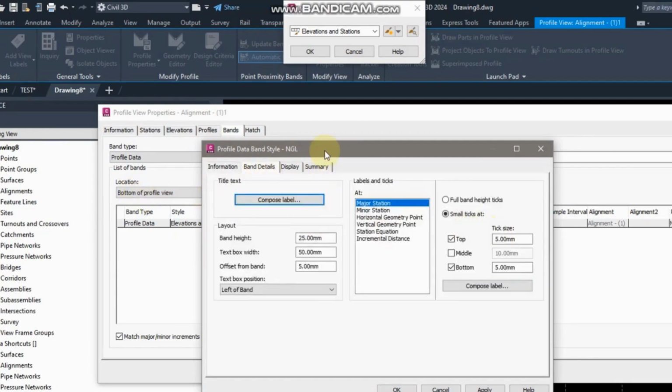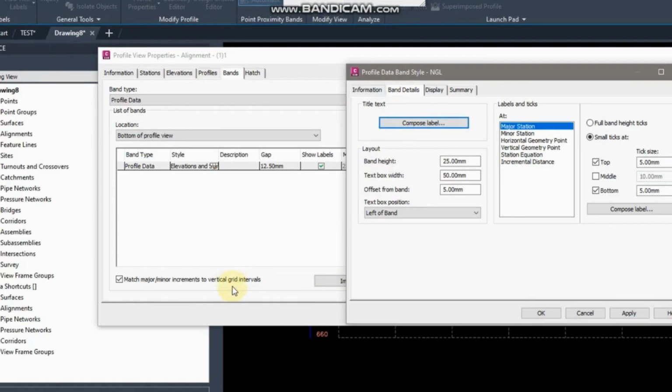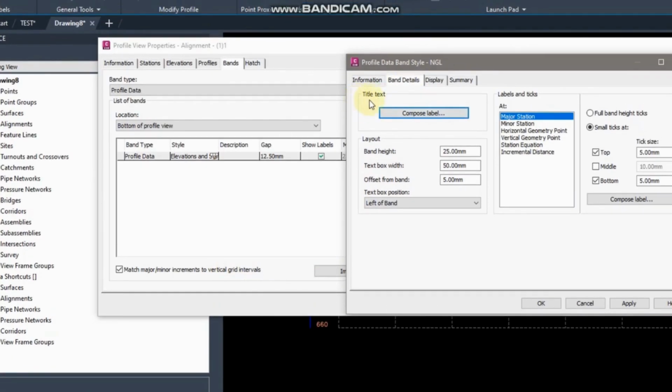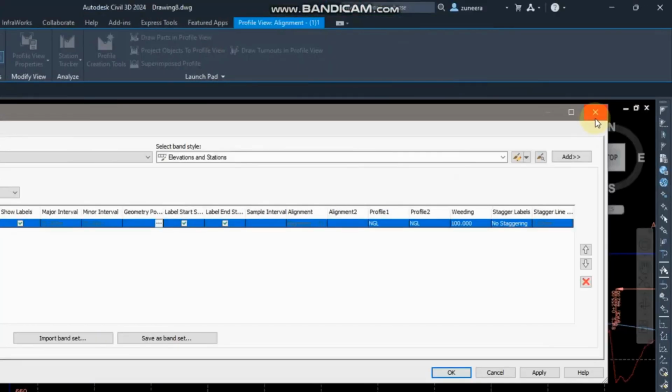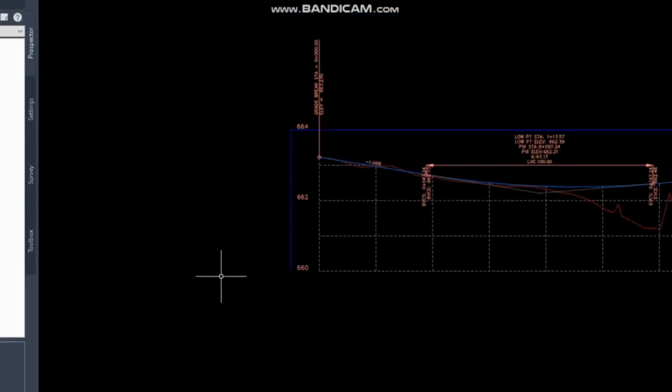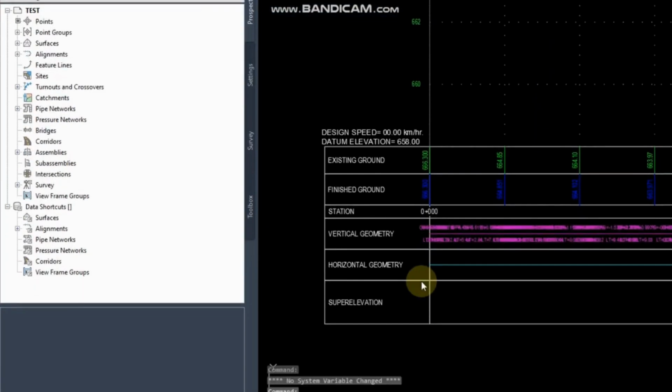From the band detail, if you can see, the compose label is a label where natural ground level is written. Okay, I will show you. In this area where there is a label like here, this is called